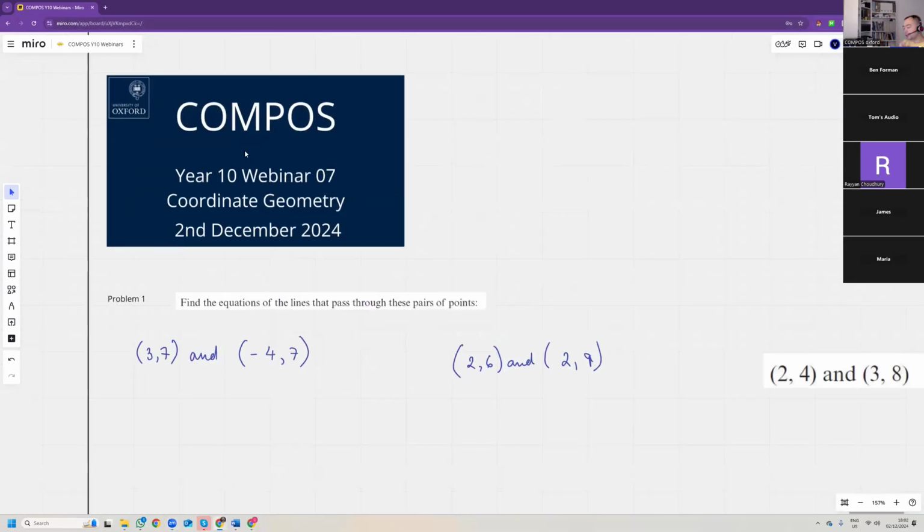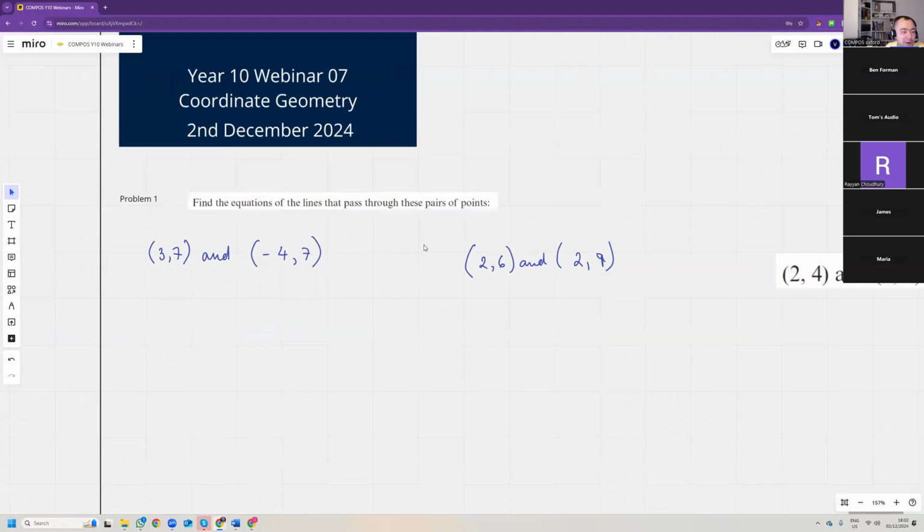So coordinate geometry is all about working in Cartesian coordinates, of course. So we have the x and y axis, and we call this the xy plane. And they are perpendicular, and that means that this is an orthogonal system, something you'll learn about at university. But anyways,